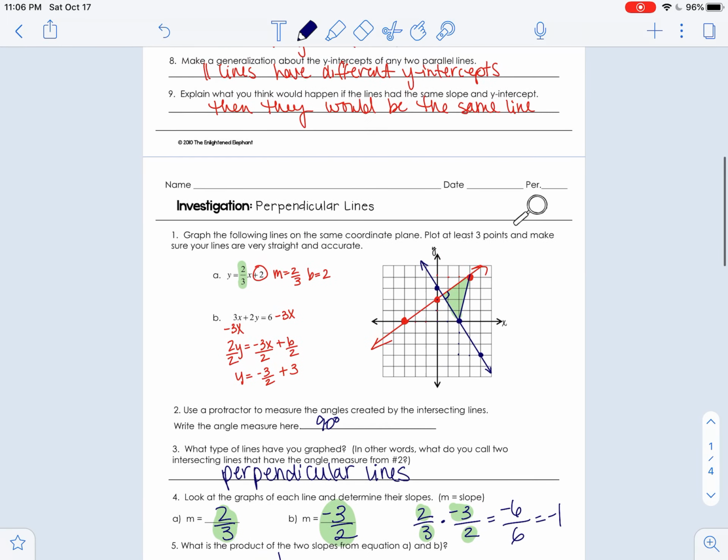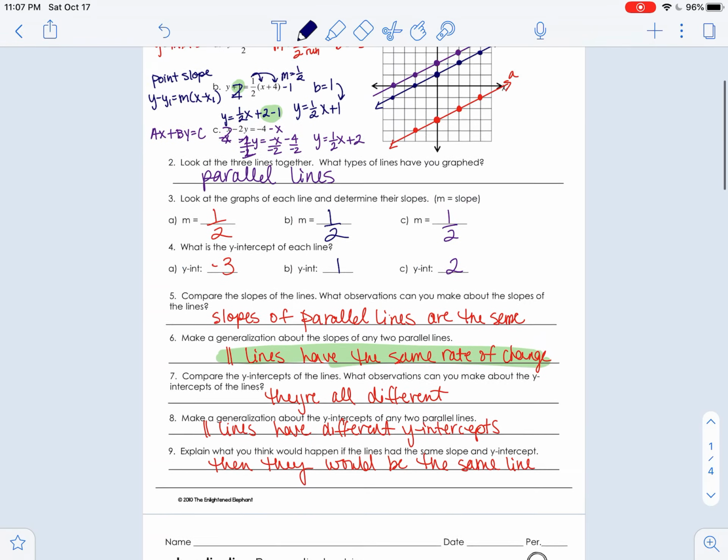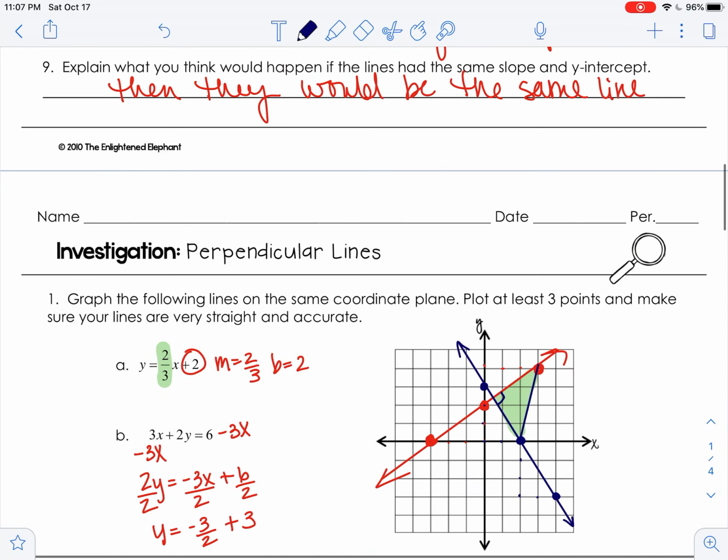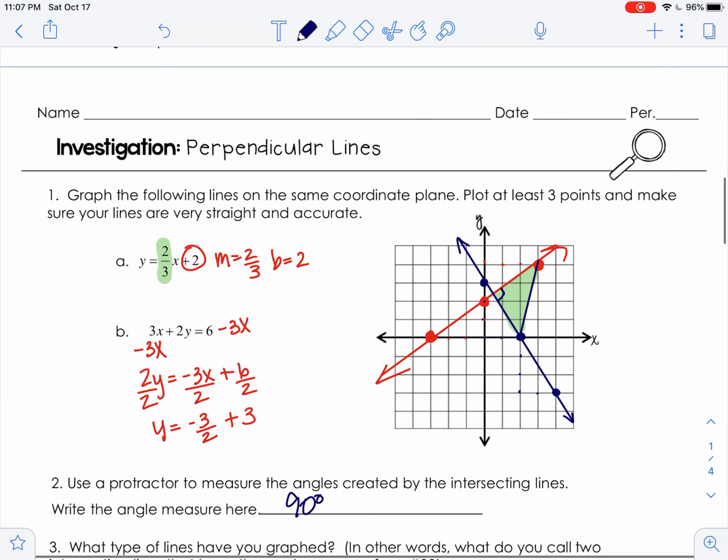All right, I hope that you are good on parallel and perpendicular. Parallel have same slopes, perpendicular have opposite reciprocal slopes. This is what parallel lines look like, and these are what perpendicular lines look like. Your goal is to identify